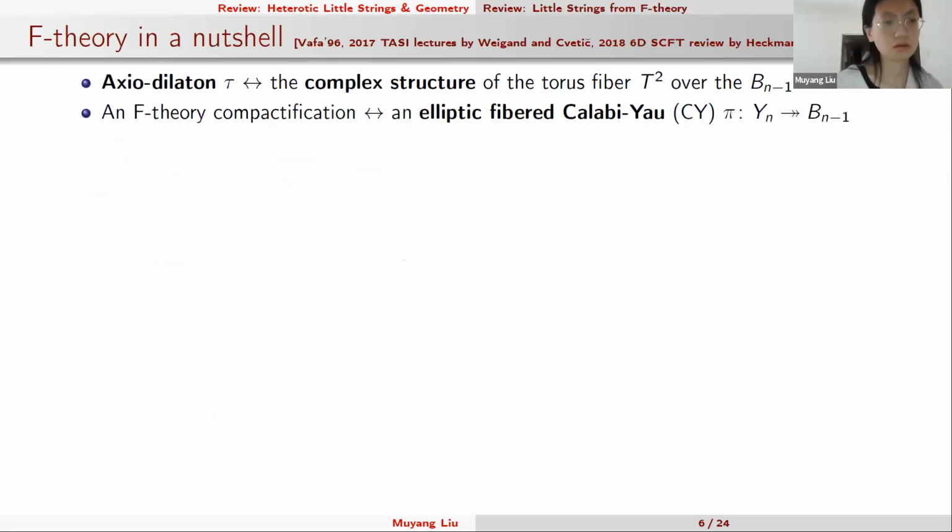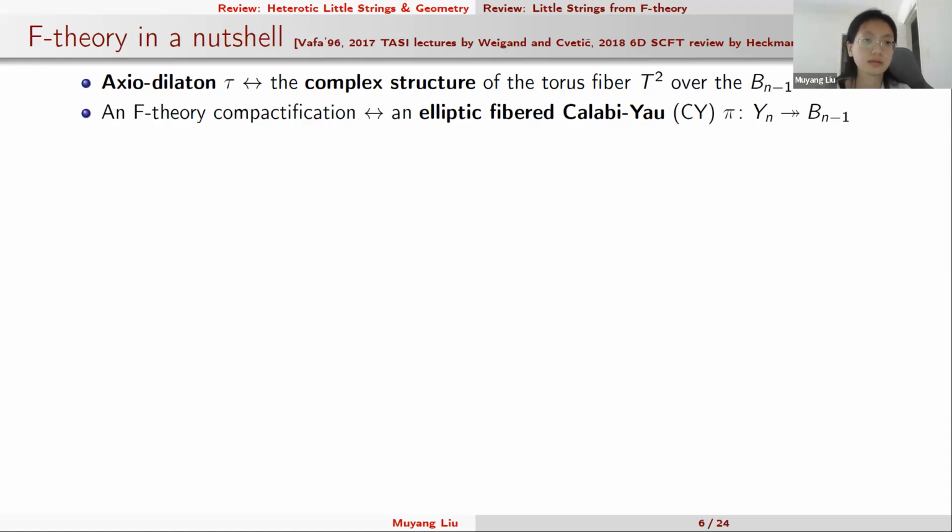And here I want to briefly review F-theory in a nutshell. Right now, above in the headings, I listed many good review papers about F-theory. So for readers that wish to study more details of F-theory, please refer to those references as I listed here. The main idea of F-theory is to identify the axio-dilaton tau in the type IIB theory,